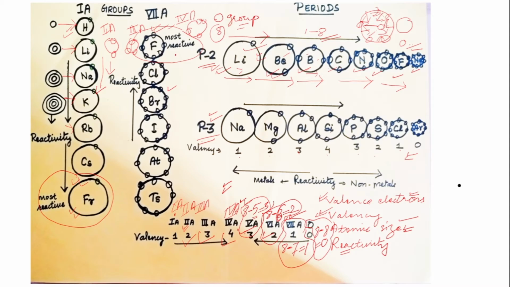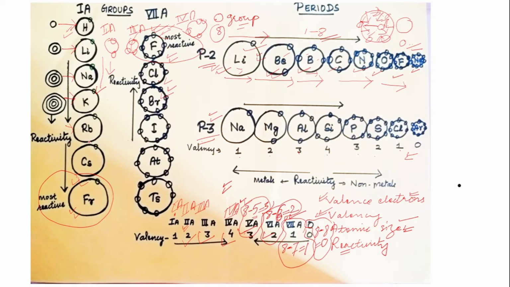It is because for non-metals, in order to take part in a chemical reaction, they need to gain electrons. So smaller atomic size helps the atom to gain the electron with the least, a small amount of energy. That is why non-metals with smaller atomic size are more reactive. In this group 7A, fluorine is the most reactive. Second is chlorine. That means fluorine is more reactive than chlorine, and chlorine is more reactive than bromine, because the upper the position, the more reactive the element.